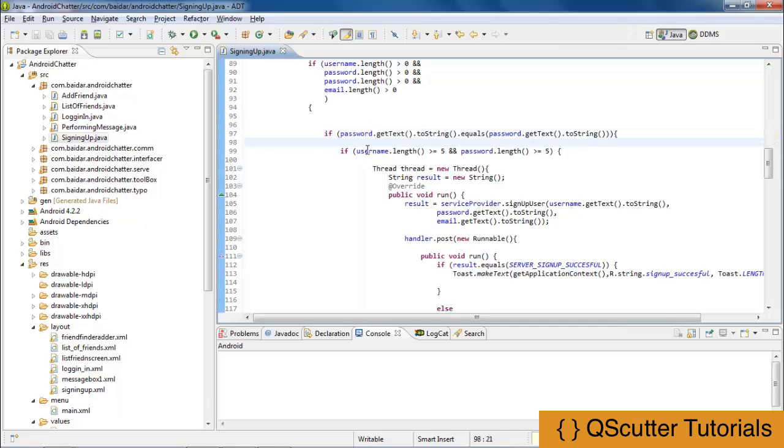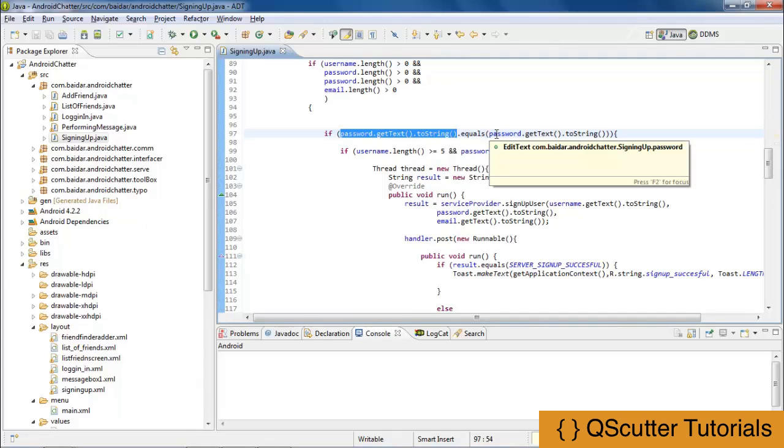So what this if statement means is that if password.getText().toString().equals(password.getText().toString()), which means that the password you have entered in the first edit text, so there are two edit text boxes, one for password and one for confirmation of password. So if the user entered something in the first password edit text box, and it equals the second password edit text box,